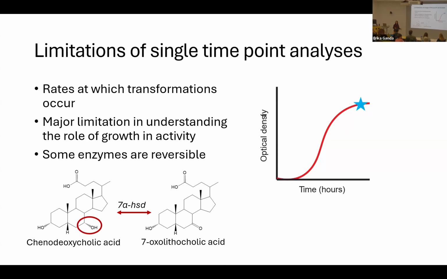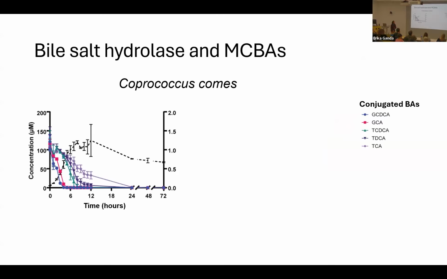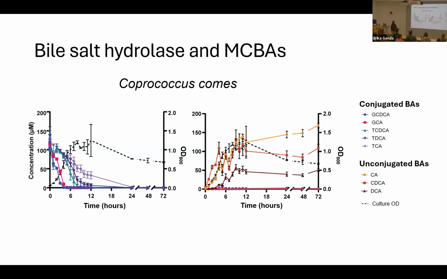So moving forward, we selected a handful of strains and did time series analyses. And this is where the monocultures and co-cultures come into play. Here's one example. Coprococcus comus, as I mentioned already, produces a lot of MCBAs, and we do see that its bile salt hydrolase activity is quite high. For a lot of these graphs, I will try and display them exactly this way. On the left here are the conjugated bile acids, and this is all one experiment, only separated by the type of bile acids that are being presented in each graph.